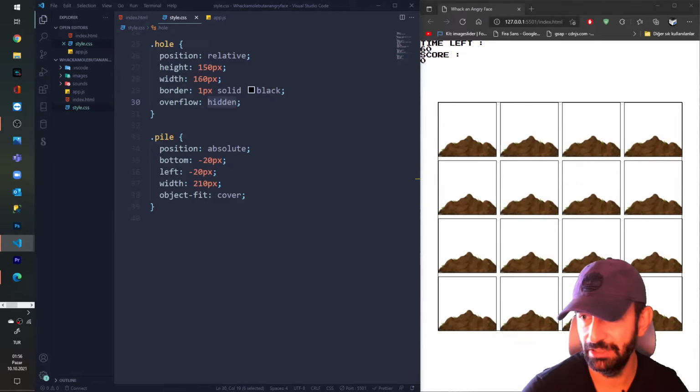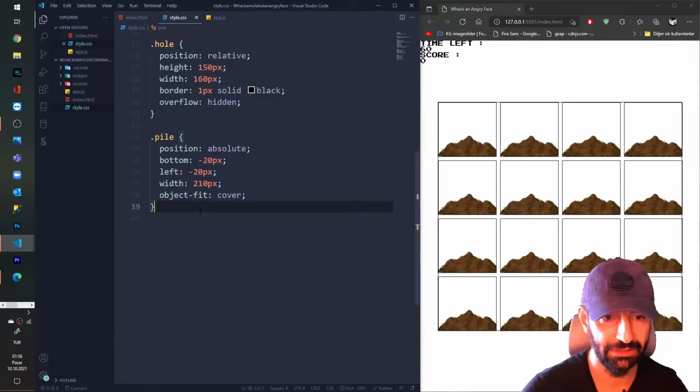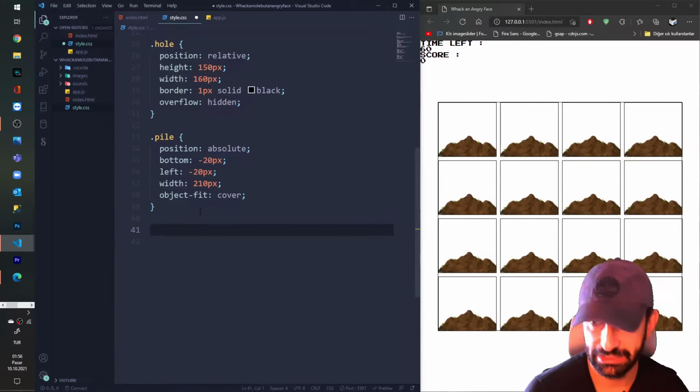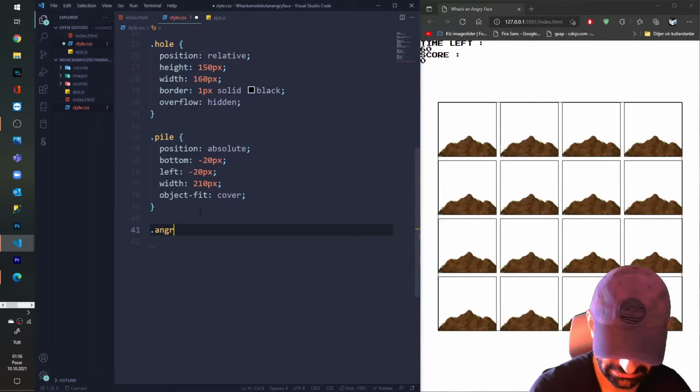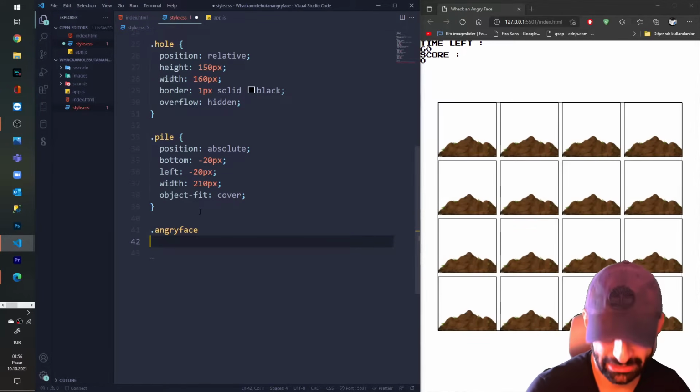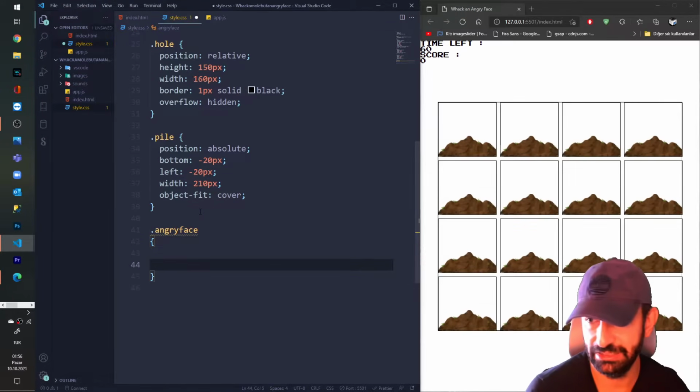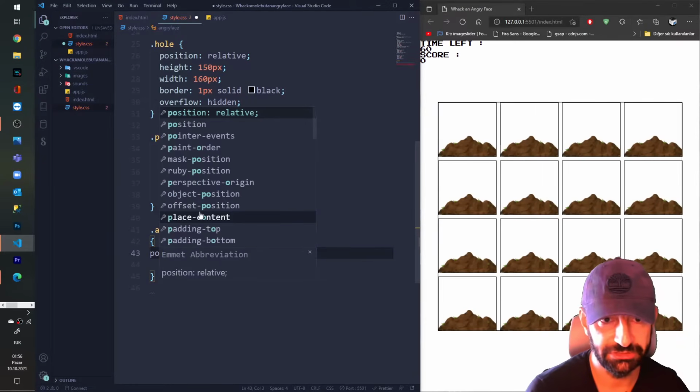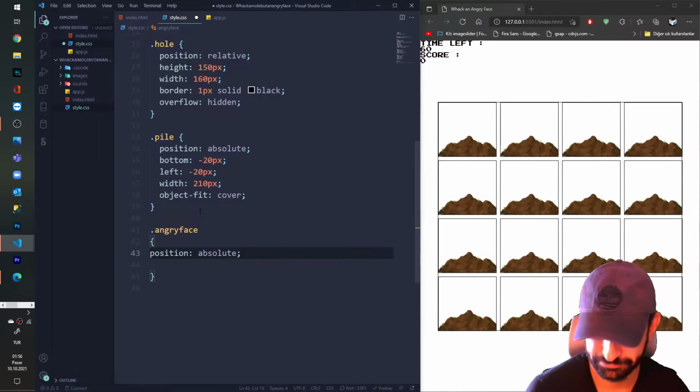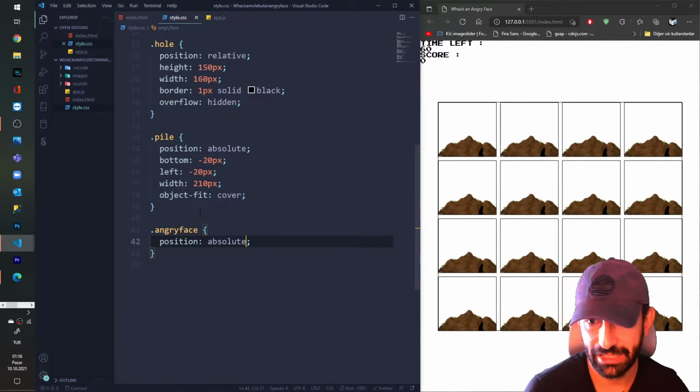Let's go back to our style.css and let's style a little bit angry face style CSS and position absolute. Yeah, we see the top of his head.